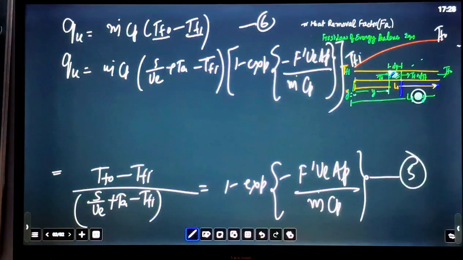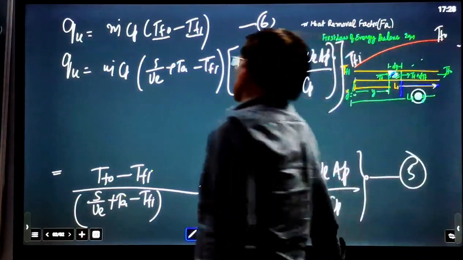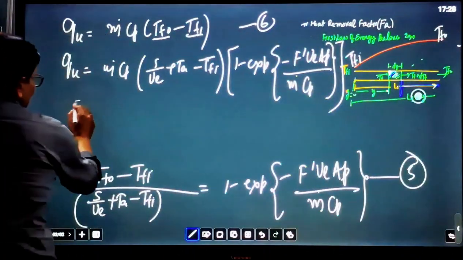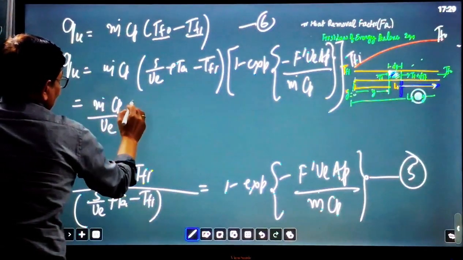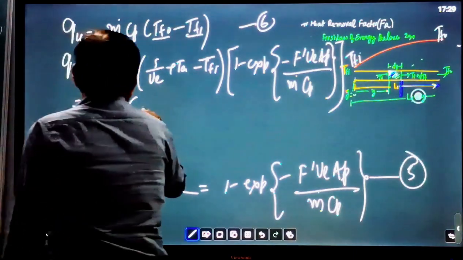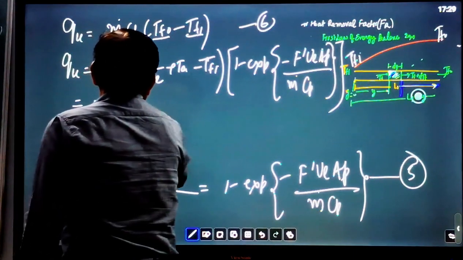The only thing is to take UL outside. So m dot Cp upon UL,